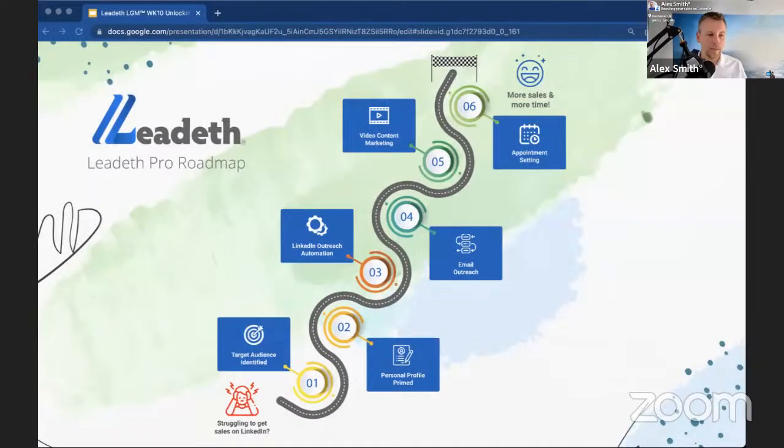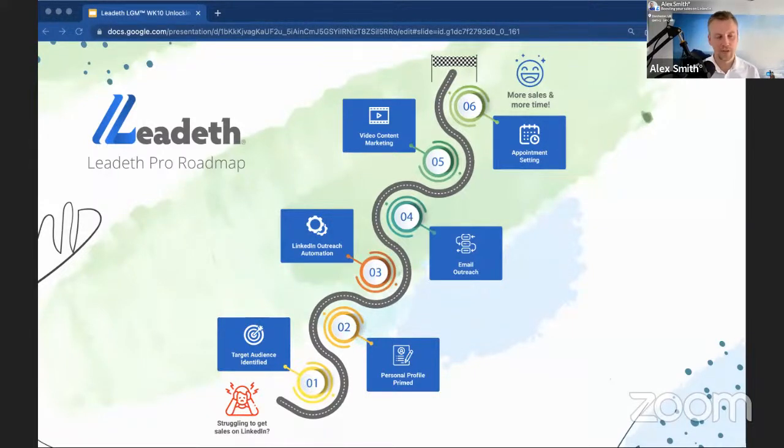So a little bit about Leadeth. For those that aren't aware about Leadeth, I know some of you are regulars and know all about this, but at Leadeth, what we do is we look at your target audience in a bit of detail, and we access basically 640 million LinkedIn profiles who we've got data for. We map those to your ideal target type of clients, and then we make sure your LinkedIn profile is speaking to that audience. So there's profile optimization. Now there's clarity there. People know what you do when they see your profile.